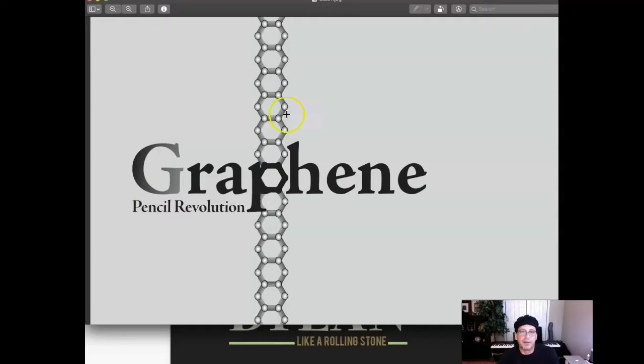Now, this concept right here, I'm not real sure what that is. Is that like the chemical formula? I mean, not formula, but I'm just not real sure what this is. So my recommendation again, and let's say this has something to do with the chemical molecular structure of graphene, right?